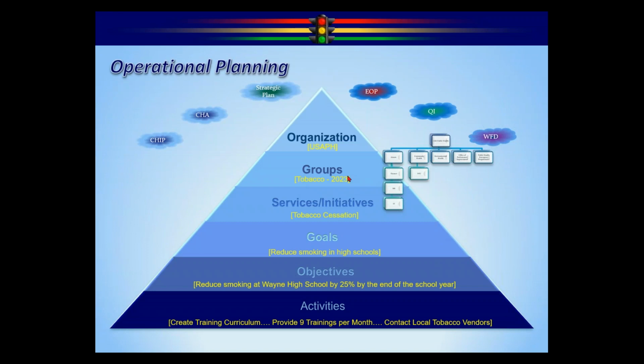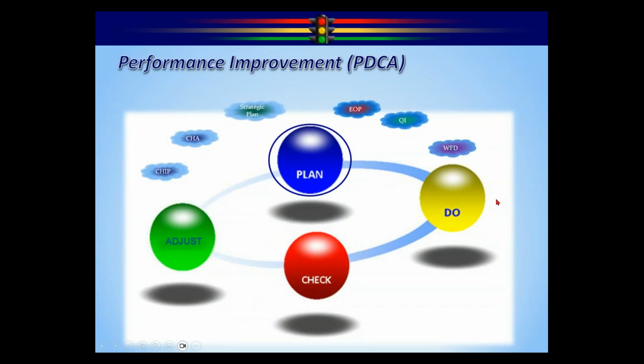Okay, now moving forward here, now that we have the plan in place, we're going to take that plan, we're going to walk it through that PDCA cycle. Okay, so what we just did is the planning part. We've got the plan in place. Obviously, the next thing we're going to do is execute the plan. This is where the real-time planning comes in. So we're going to be doing the plan. We're going to be creating the training content. We're going to take the training content and go out to the schools, and then we're going to be contacting